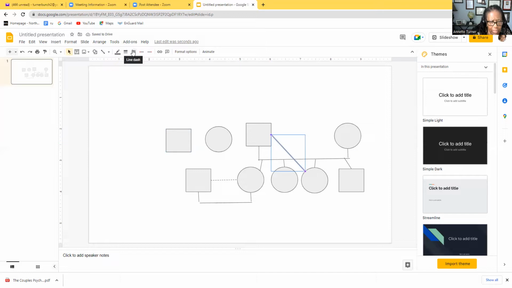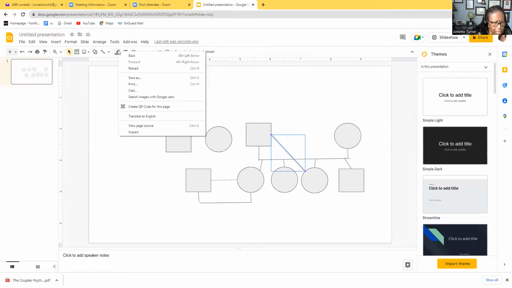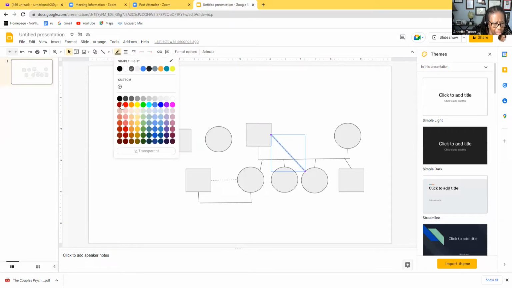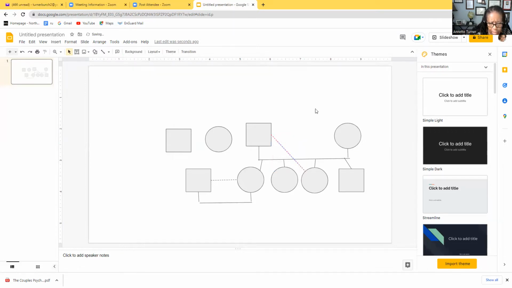But if I go up here, you can tell, oh, I don't want it solid, I want it this way. If I want a different color, I can go over here, okay? I can go up here and say, let's change it to red. Okay. You just kind of maneuver it and tell it what you want. Before you can do any of the different lines,